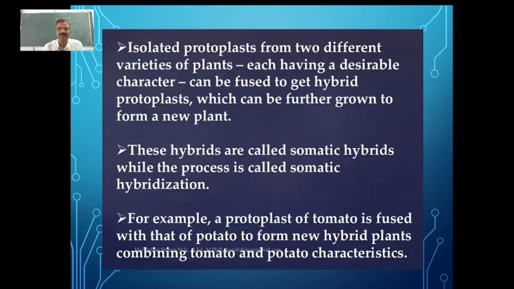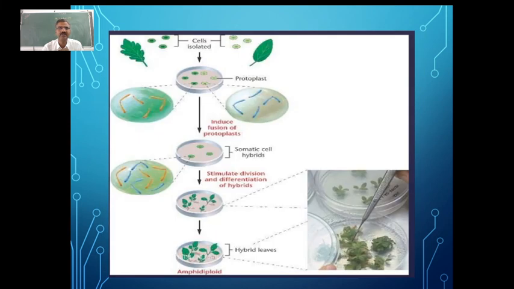How exactly do we do it? Again you can see the isolated protoplasts from two different varieties of plants, each having desirable characters, are going to be fused here. And these hybrids are called somatic hybrids, while the process is called somatic hybridization. As I told you, we have the example of tomato and also potato. So let us see how exactly it is done. You can see the cells from both potato and tomato are separated, and the cell wall is digested by using